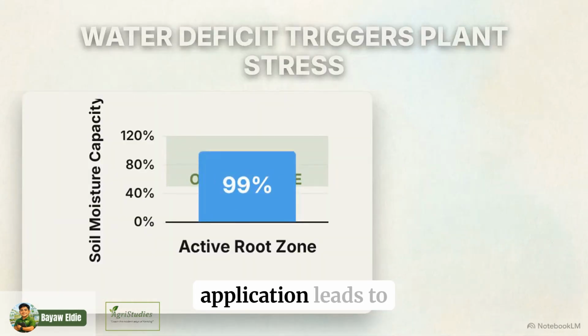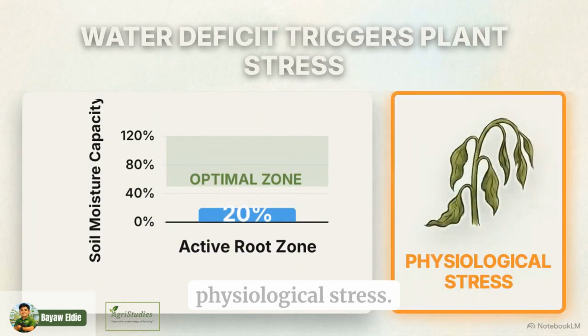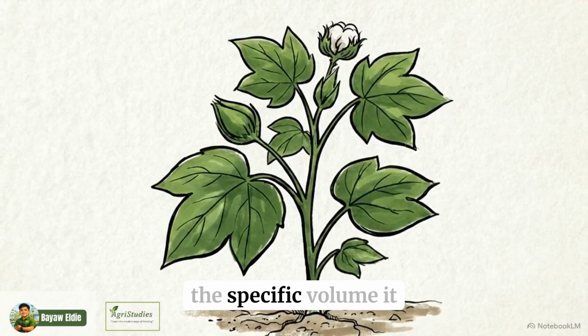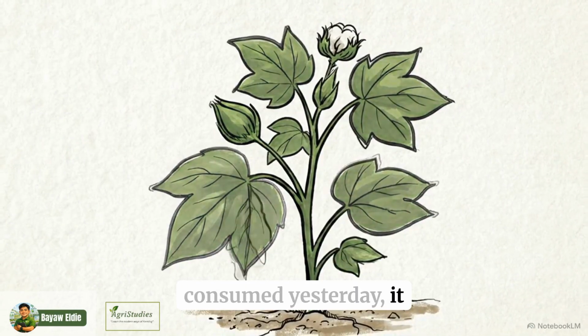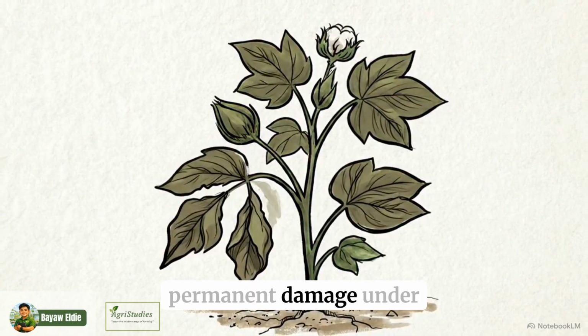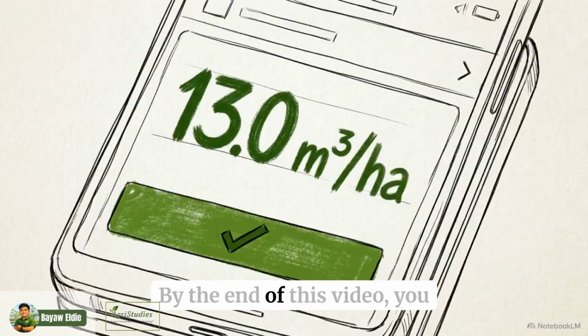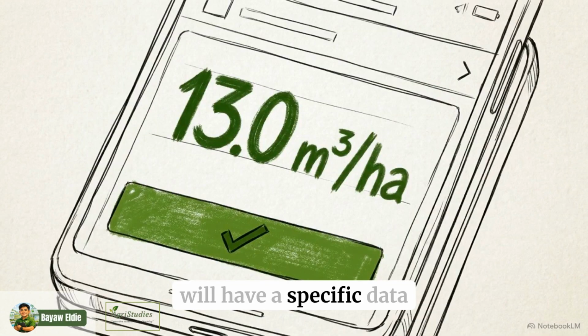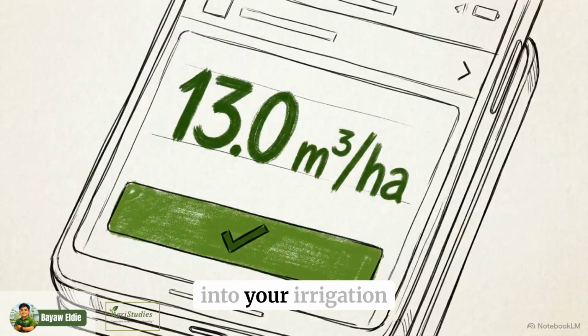Guessing your water application leads to physiological stress. When a plant doesn't receive the specific volume it consumed yesterday, it begins to wilt and suffer permanent damage under the sun. By the end of this video, you will have a specific data-backed number to program into your irrigation